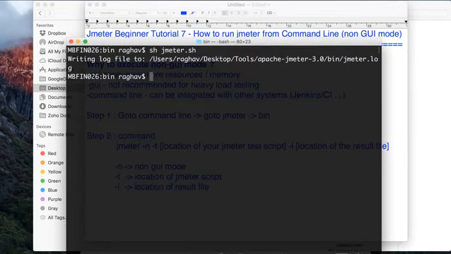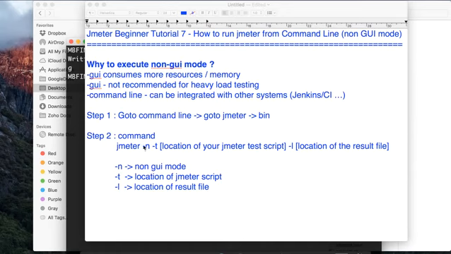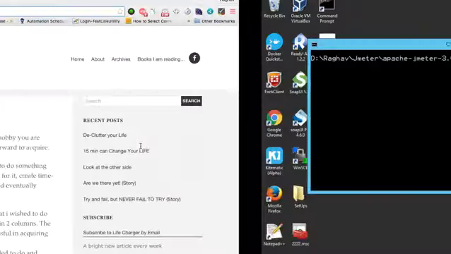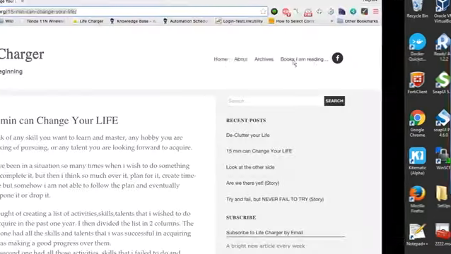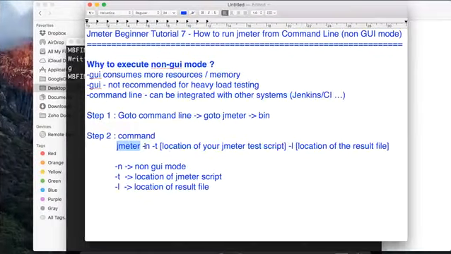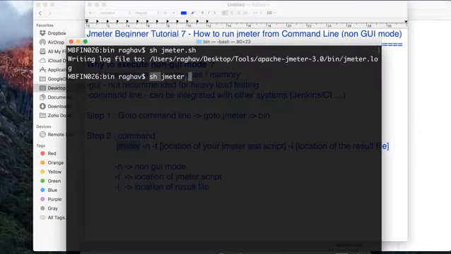So I will say sh jmeter, and please notice that I am using sh because I am on Mac. So if you are on Mac or Linux, you will use sh. Otherwise, your command will directly start from jmeter. Okay, so if I am on Windows, I will say directly jmeter and not sh in the beginning, right? So because I am on Mac, I'll say sh jmeter -n -t, and now I have to give the location